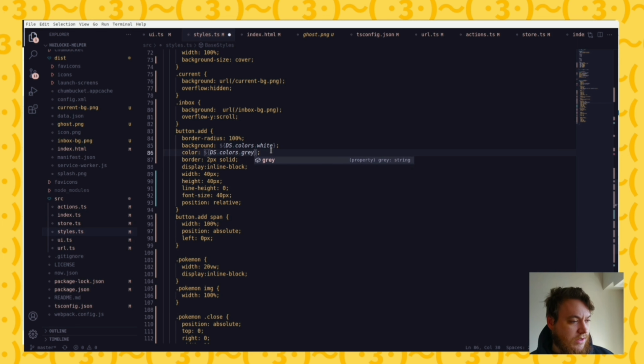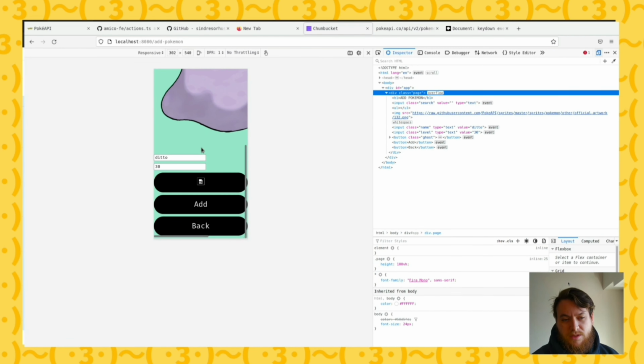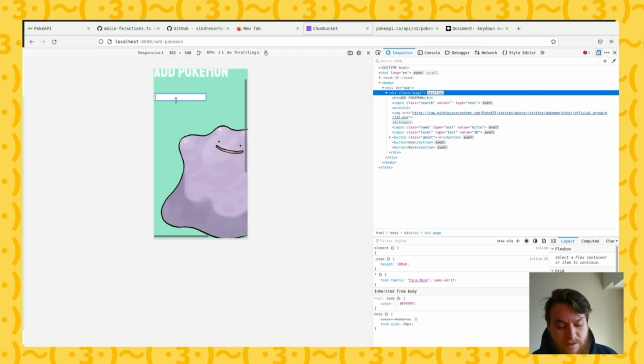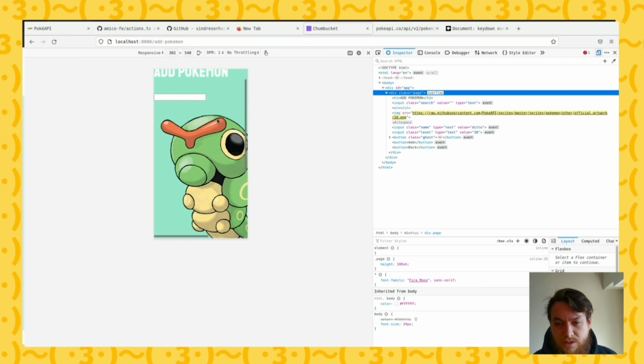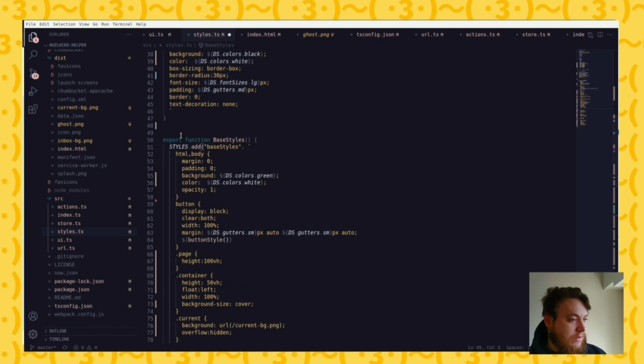Oh, okay. I'm going to make that gray, not green. My bad. Okay, so now we have a little add button there. I press add button. It goes here. Alrighty. And then we'll do a test. Add a Pokemon, Caterpie, add. He's there, but his close button is really far away. Let's go here